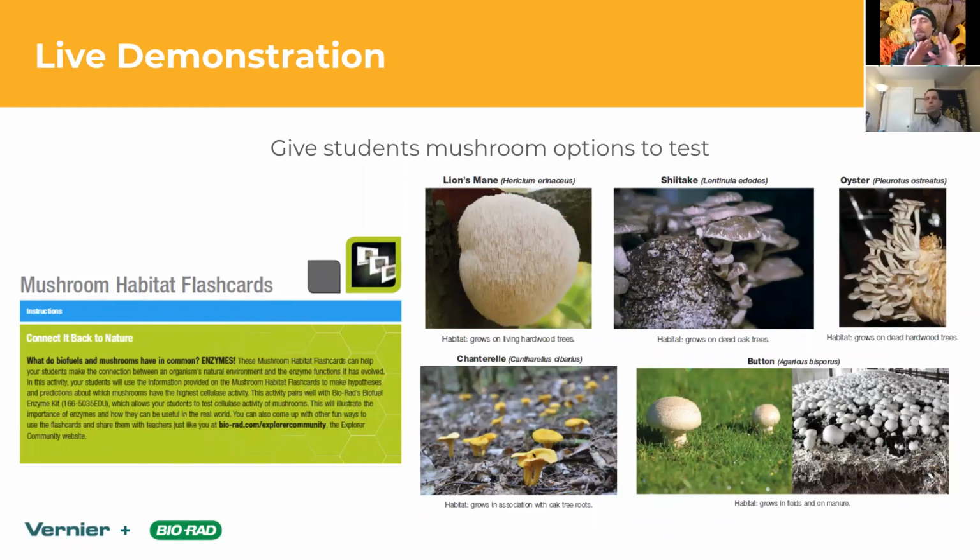And I'll give them a high-level talk about how mushrooms with different ecological niches will have different levels of this enzyme that will break down cellulose faster. What I'm having you do is look for the one that breaks it down the fastest. And so I'll basically lay my mushrooms on these cards and then have the students select which ones they think are going to have the strongest cellulobiase activity based upon the habitat that it grows in, because that tells them something about its ecological niche, something about its evolutionary history.